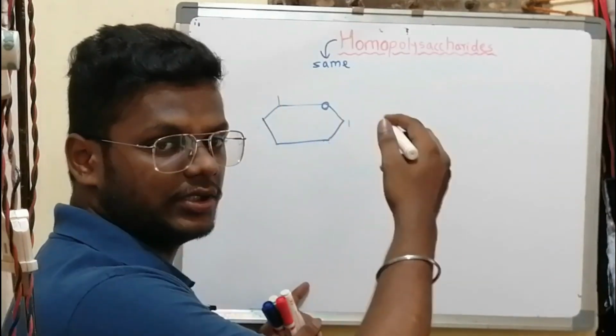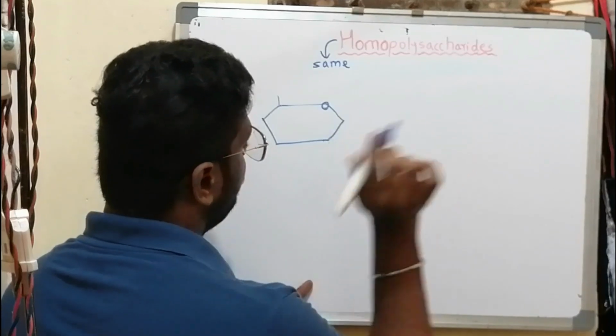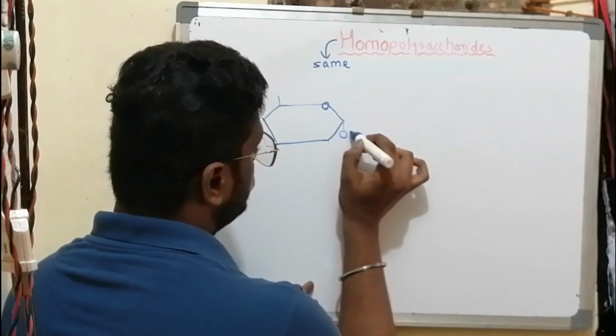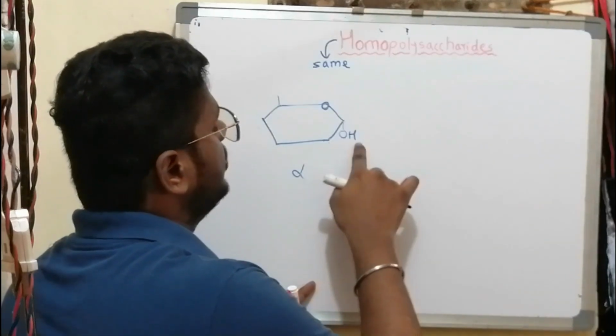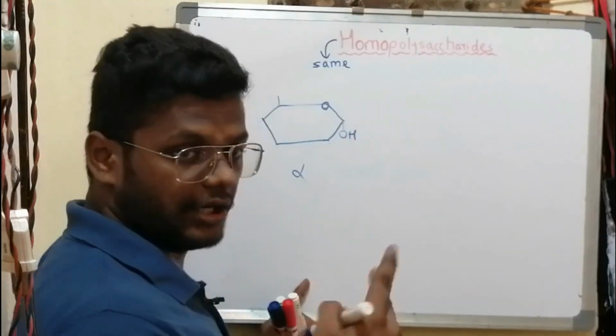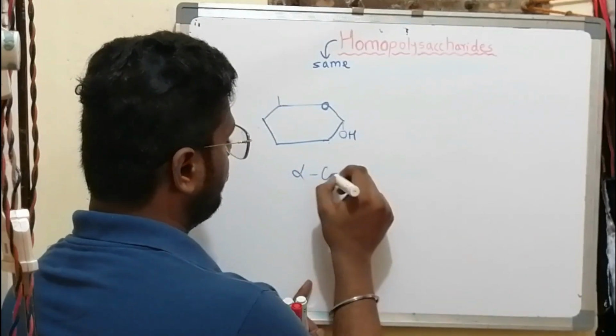The 6th carbon tails outwards, right? And at the first carbon, if the position of OH is downwards, then it's an alpha position. If I have drawn the OH upwards, then it would be a beta position. Okay, so this is alpha glucose,